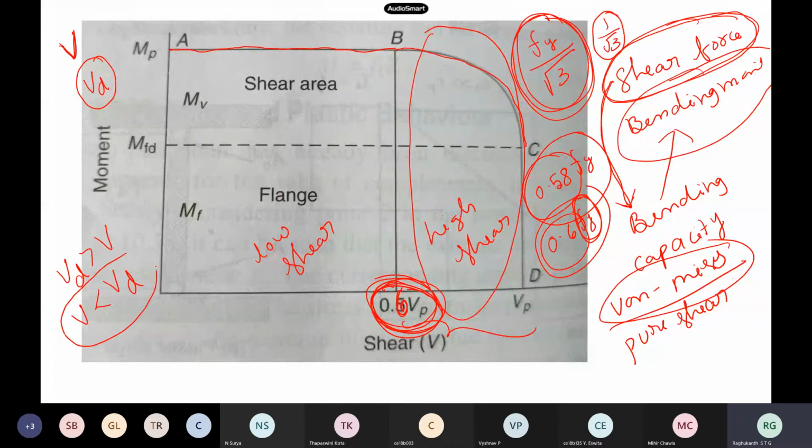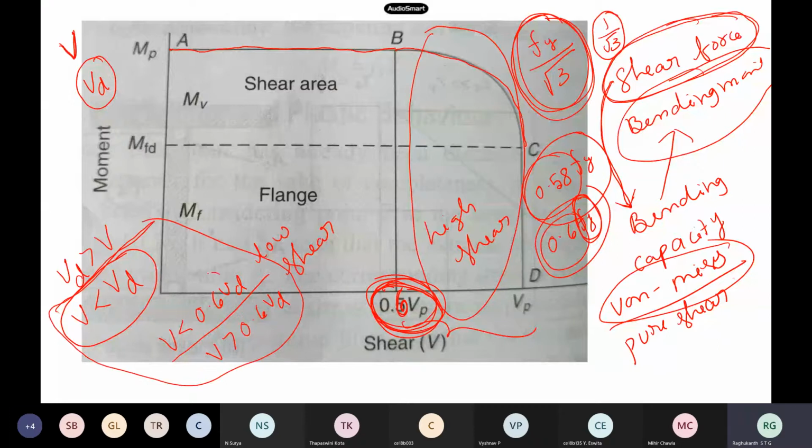Now here also, V less than Vd is our design criteria. But here we split it into two pieces. One is V less than 0.6 times Vd, whereas the other is V greater than 0.6 times Vd. So two criteria are there. Of course, this has to be satisfied. You followed, right? So when V is less than 0.6 times the design shear capacity, in this region, your bending capacity doesn't get influenced by shear, so it is going to remain constant. But if the applied shear force is greater than 0.6 times Vd and less than Vd, otherwise the beam will fail, then your bending design capacity decreases.